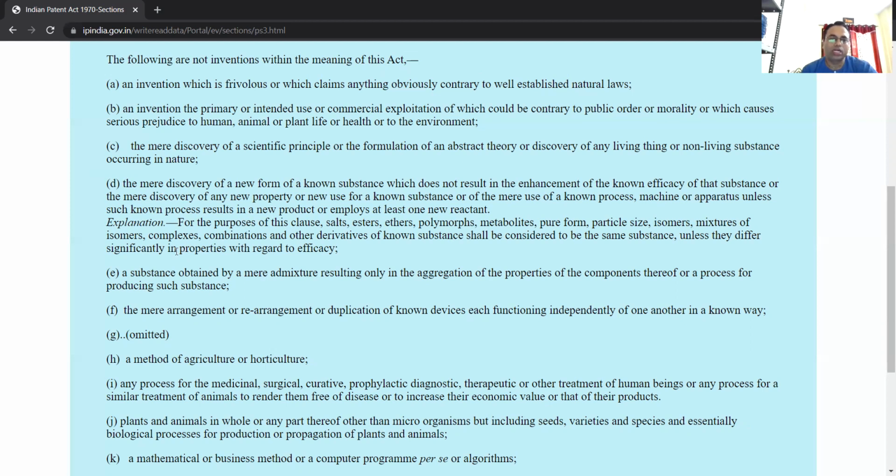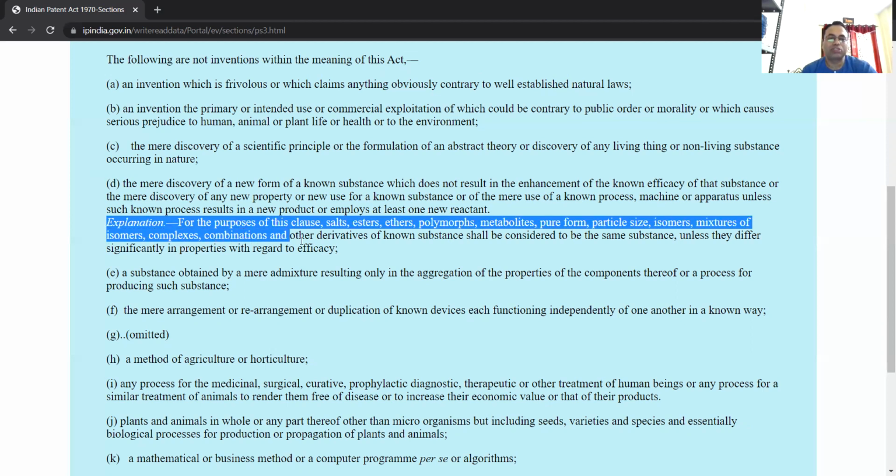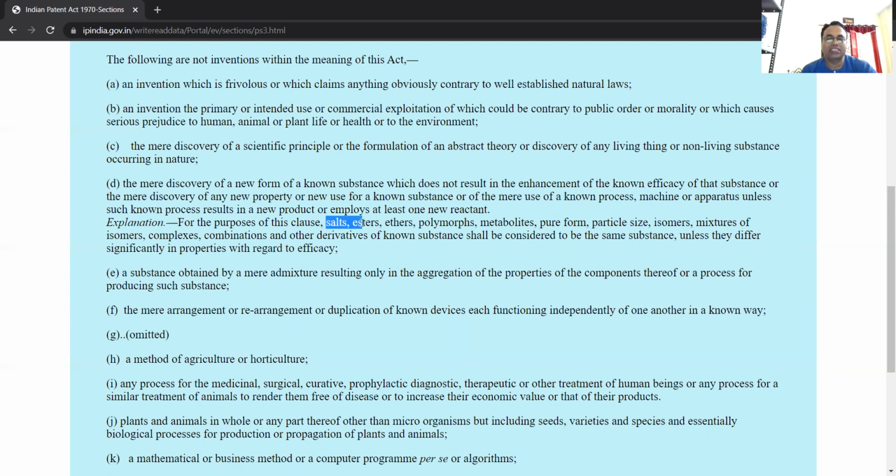And when it comes to the explanation, it says the purpose of this clause: salts, ester, ether, polymorphs, metabolites, pure form, particle size, meaning whether it is micro size or nano size, isomers, mixtures of isomers, complexes, combinations and other derivatives of known substance. Those from a chemistry background can understand. Everything is considered in this. So unless they differ significantly in properties with regard to efficacy, so only one property is being counted,